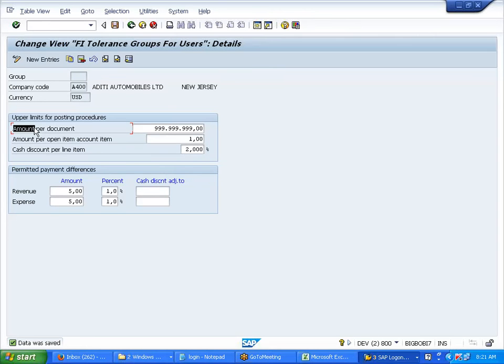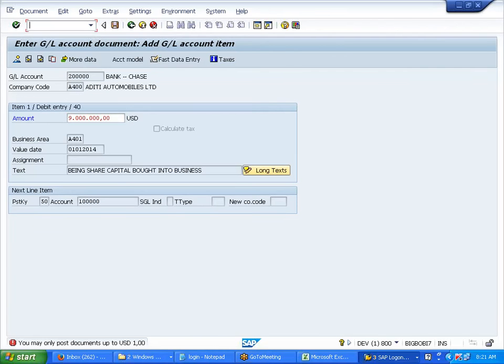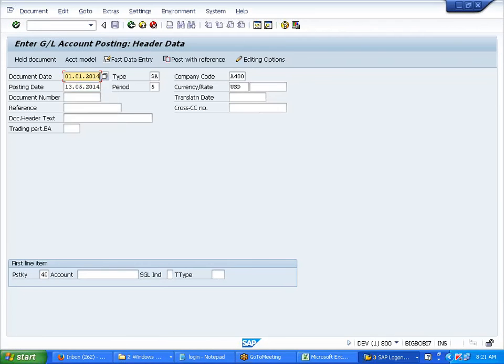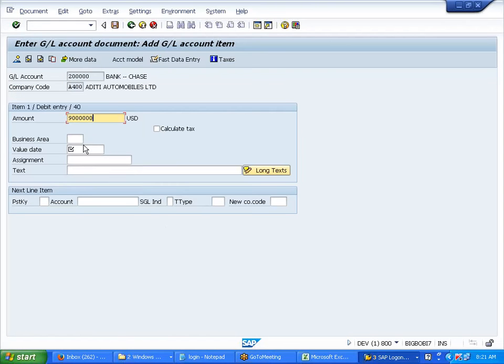What is this? Amount per document. Per document. This is amount per open item. Okay, let us see now. Document type SA, 51 series.